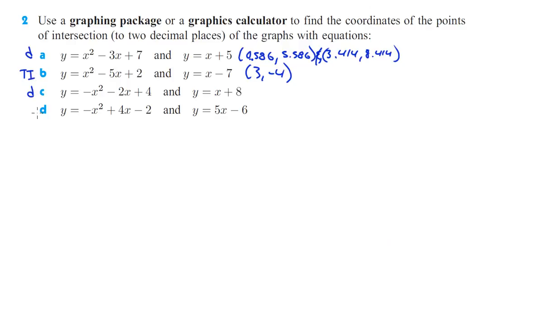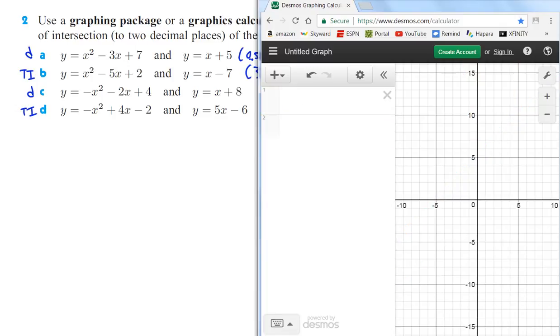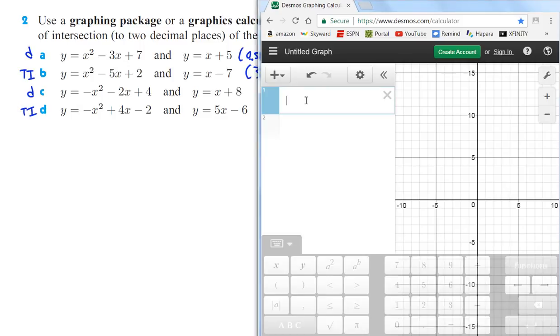This one I'm going to do with Desmos, and this one I'm going to do with TI. Just to kind of give you an idea for both. So this one here, it's nice. Just push X's on those. So we just close those two out, and now we're going to enter these in. So we're going to do